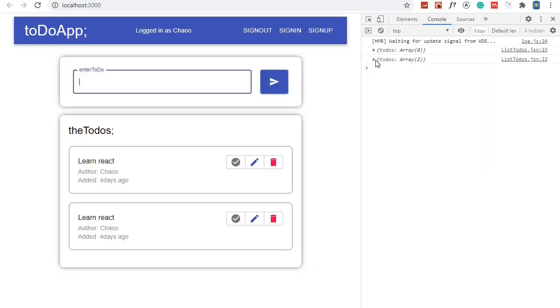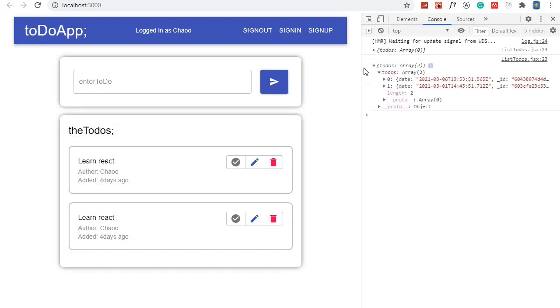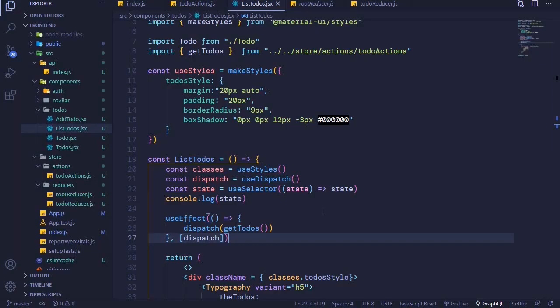I'll expand the to-dos here, and you'll see that we have this property called to-dos, and it's an array of two to-dos which are available in our database. And this property is here because in our root reducer, so if I can come to the root reducer here,